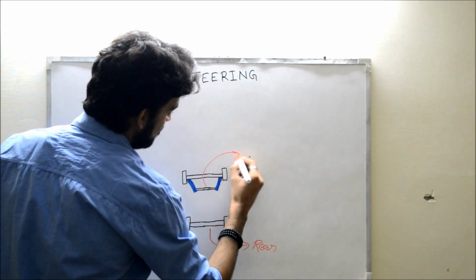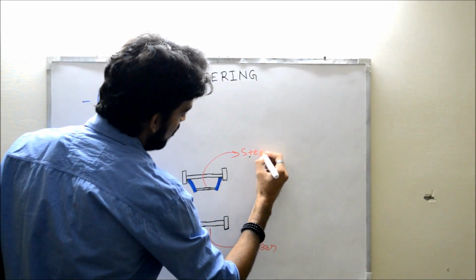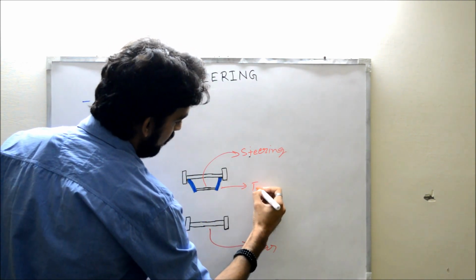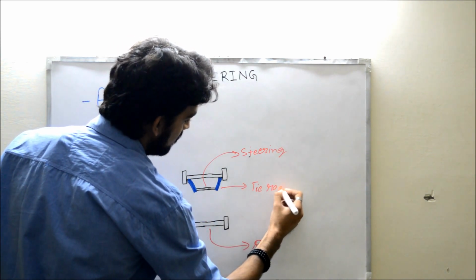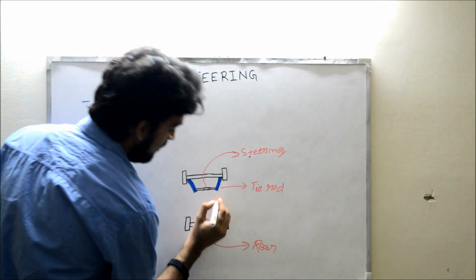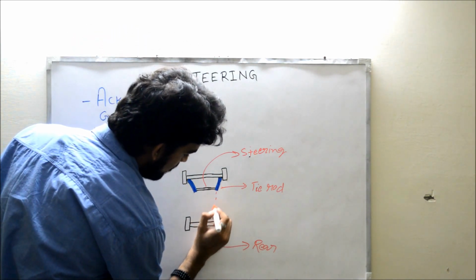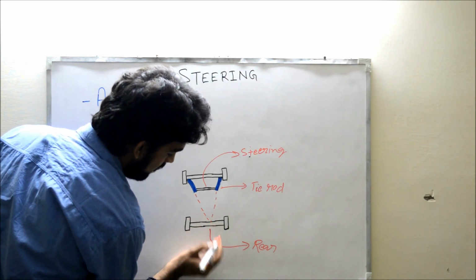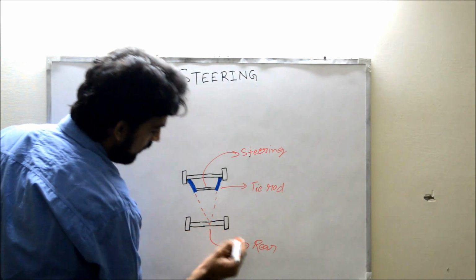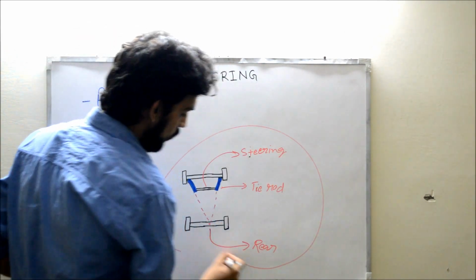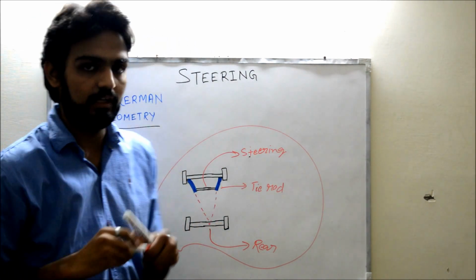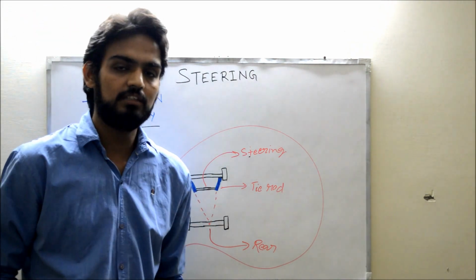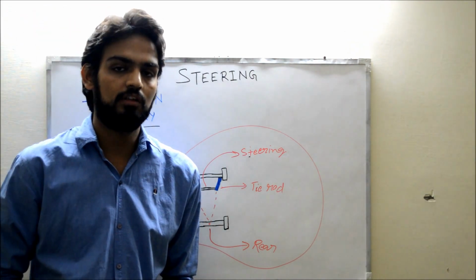This is the steering, which is connected to the wheels directly through these tie rods. This blue part you see here are the tie rods. Now in this geometry, if an imaginary line is drawn from both of the tie rods, the intersection point will meet at the center of the rear part, and this geometry is known as Ackermann geometry. The main advantage of Ackermann geometry is that it prevents the vehicle from slipping sideways on the curves.